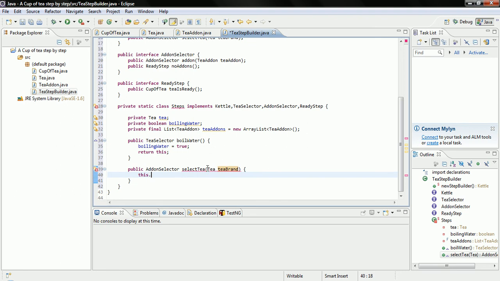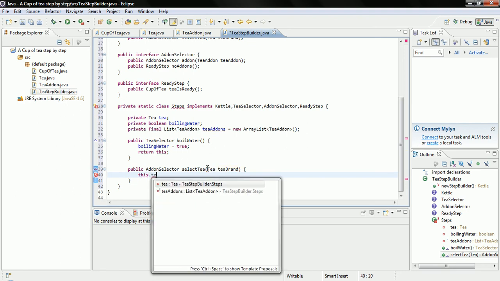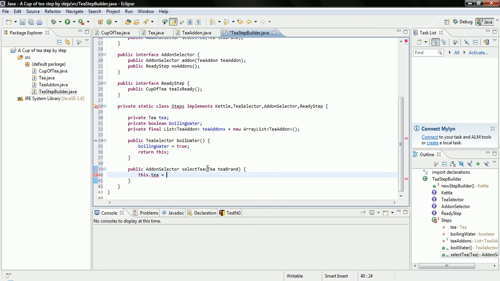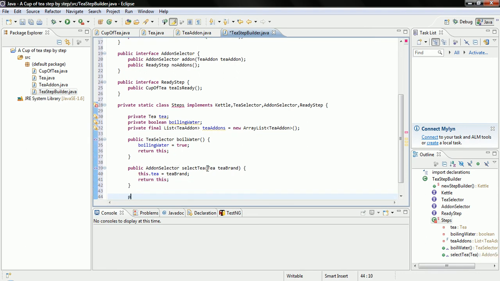So this tea will be equal to tea brand. And again, return this. The next implementation,